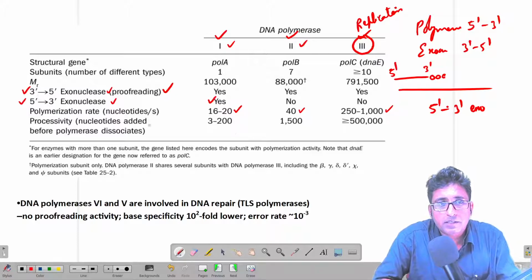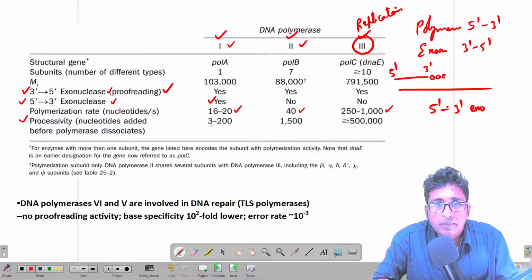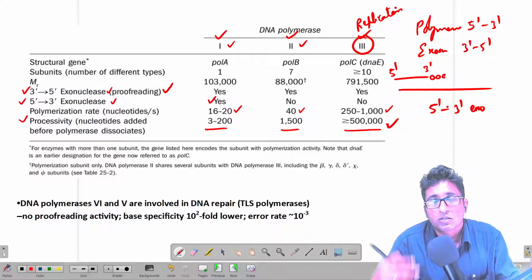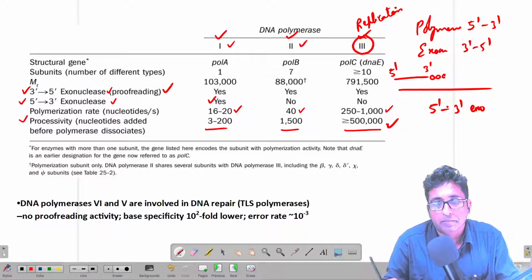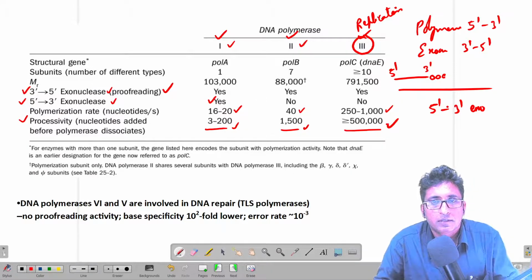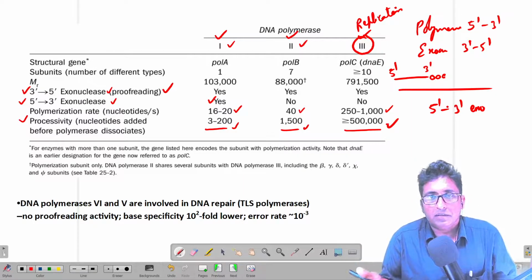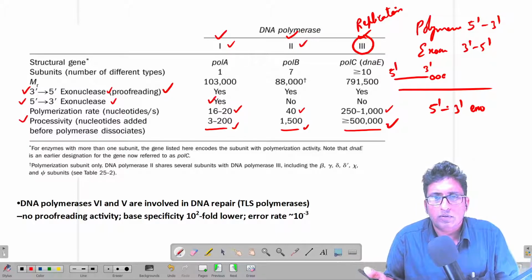And the other point is the processivity. You can compare the processivity of these three enzymes. You see this 500,000, DNA polymerase 3 is about 500,000 or above that. It's mostly because of the sliding clamp, its ability to bind to the sliding clamp. Whereas polymerase 1 and 2 are only for small patches to be filled in or repaired. That is where they are involved, so they don't need to have very high speed or very high